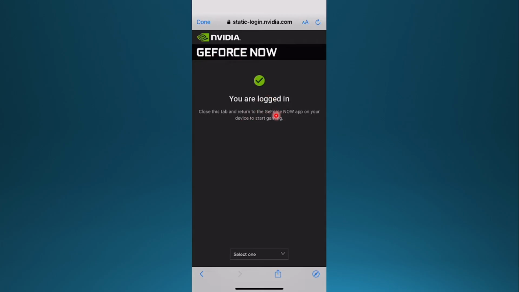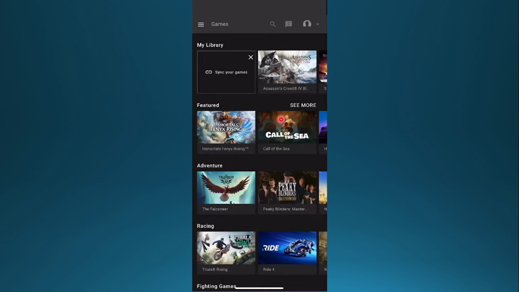Head to the GeForce Now section and return to the GeForce Now app on your phone because we are going to be using its cloud capabilities to do gaming. Basically, it streams the game from your Steam account that you own on GeForce Now and you're able to play them. Okay? So here you can see all your games,